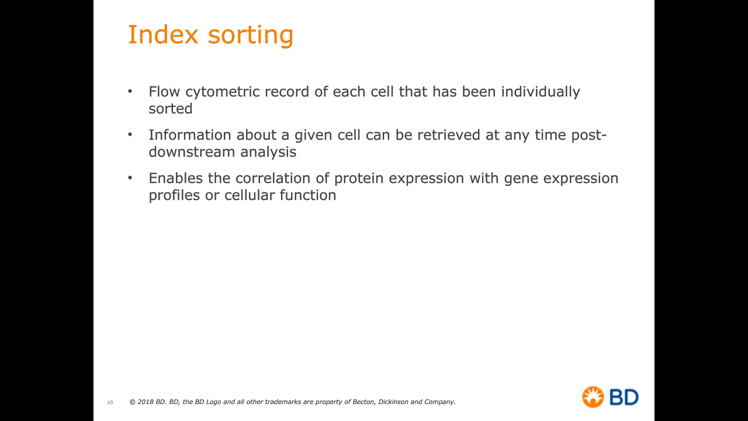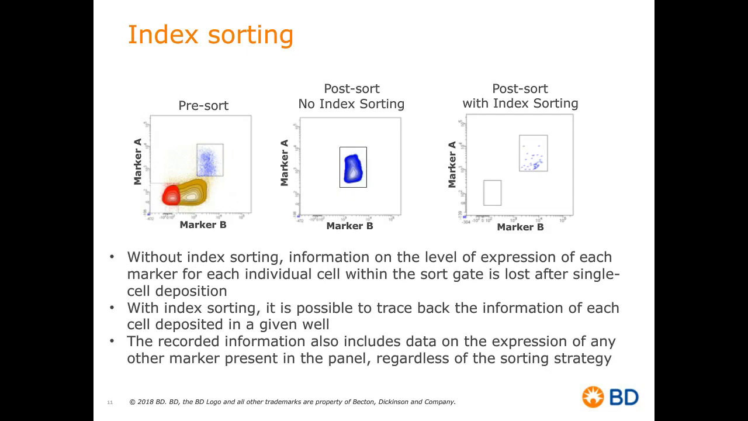And here I want to just show another example just to reinforce the concept of index sorting and how it relates to what we will be talking about today. So if we look at the first plot on the left, this is our flow cytometric analysis prior to cell sorting. And for this example, we are interested in purifying a population here in blue that express both marker A and B. So in the absence of index sorting, we will draw a gate, as you can see in the middle plot, sort the population of interest, and then we can do a single cell deposition for